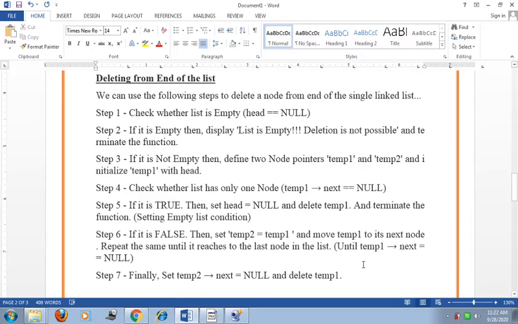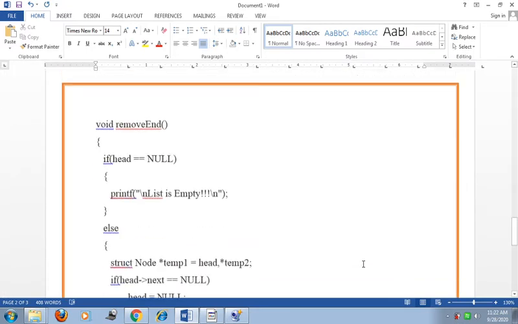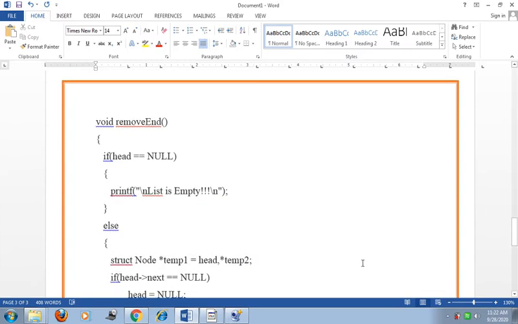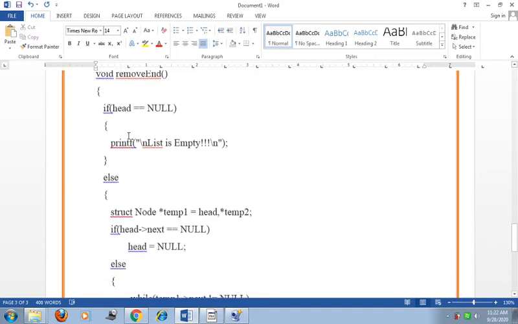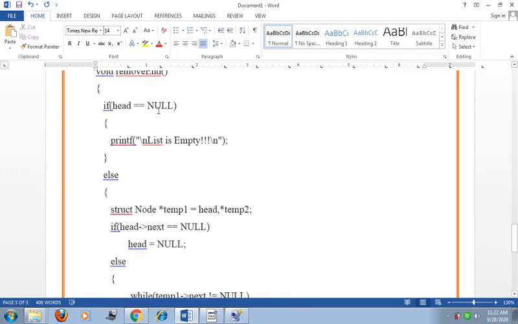Now we see programmatically how to remove the end node. Remove node means delete the node from the linked list. Any name can be given to the function. First check if head equal to null, then we print the message list is empty.